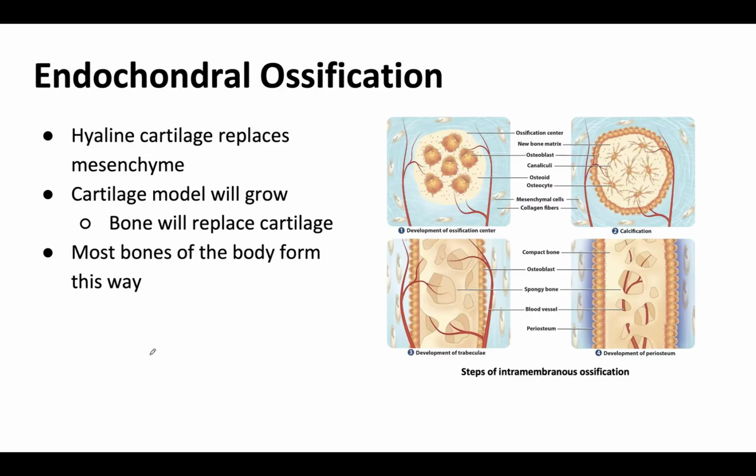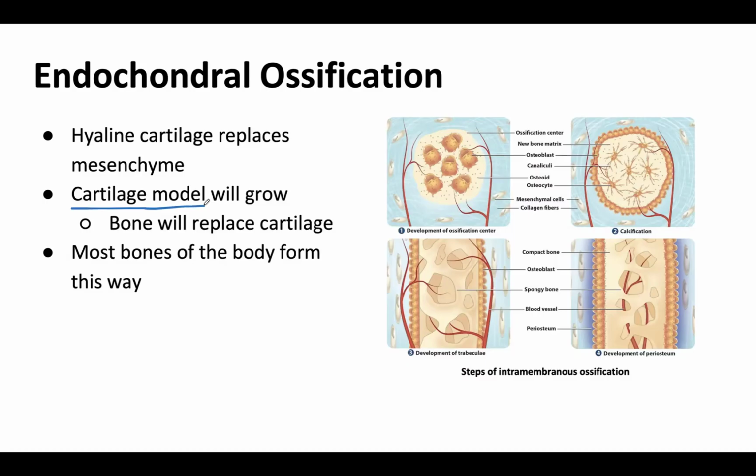Moving to endochondral ossification, this is the more complex ossification process of the pair. And this is because there is a very important middle step, which includes the formation of a hyaline cartilage model. And so it is the hyaline cartilage that will replace the mesenchyme, forming that cartilage model. The cartilage model will grow in both length and width, and it is the cartilage model that will be eventually